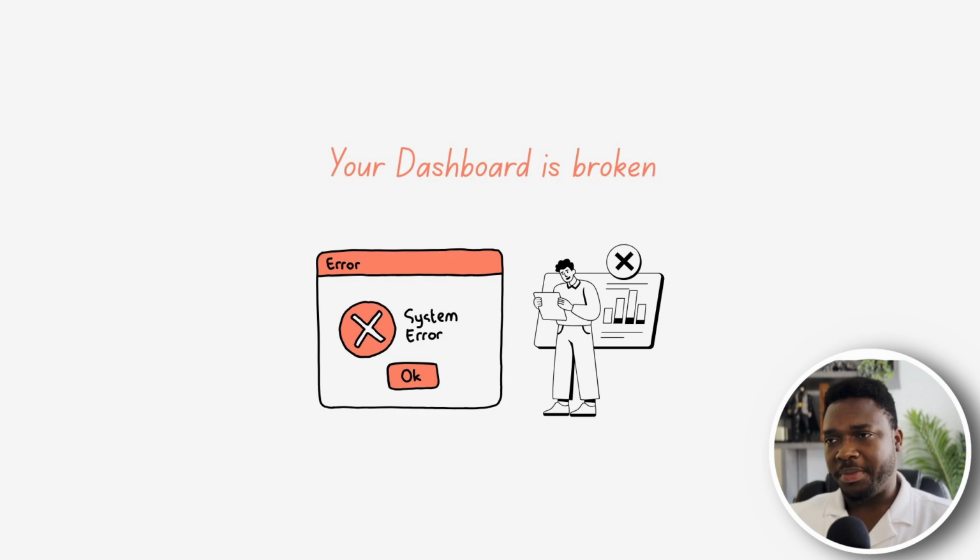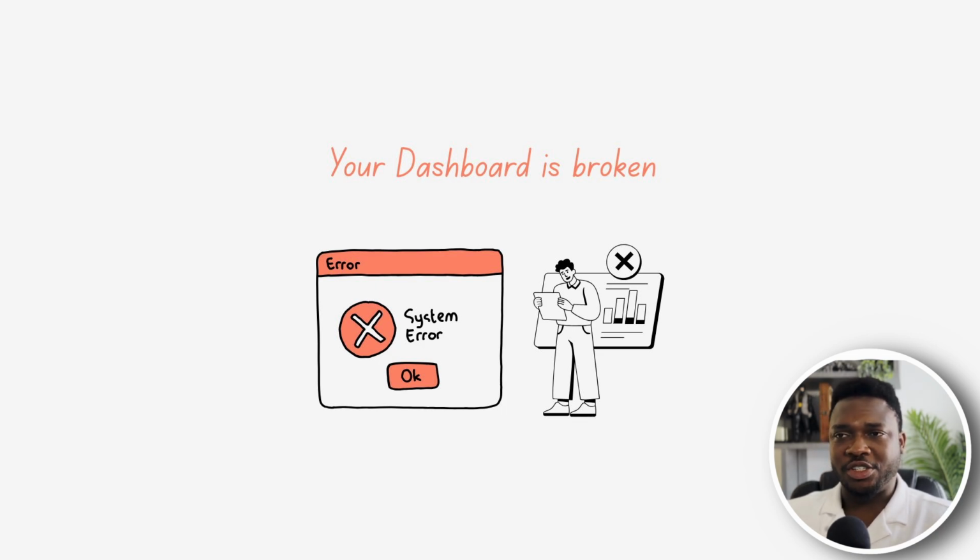Let me talk about a moment every data team knows too well. It's 4:47 p.m. on a Thursday. You are just about to shut your laptop when you get a ping from Slack. The message is simple: the dashboard is broken. You go to the dashboard straight off to see what the problem might be, and you quickly notice that the revenue has dropped to zero. This was revenue that was correct just a few hours ago. Now it has dropped to zero.